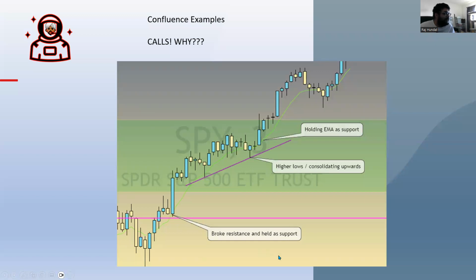And I bet the volume was really good on the buys. I should have had the volume down here as well. I'll go back and check it. But we have all these confluences that are holding support. Yeah, you could think puts, but we weren't breaking any EMA, we weren't breaking any support or anything. That's why confirmation is always super important. If you guys see me live trade, you might see me miss the bulk of the move, but when I wait for that retest and I have all those confluences, my trades for the most part tend to work out. I'm not going to chase it long here. I should have, looking back, but